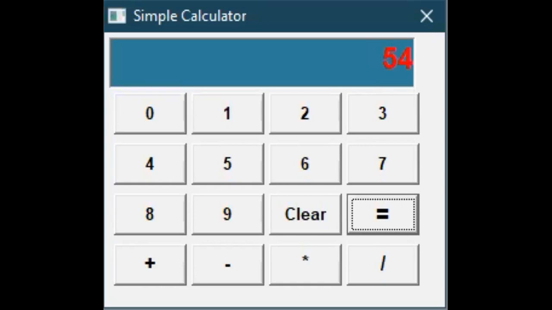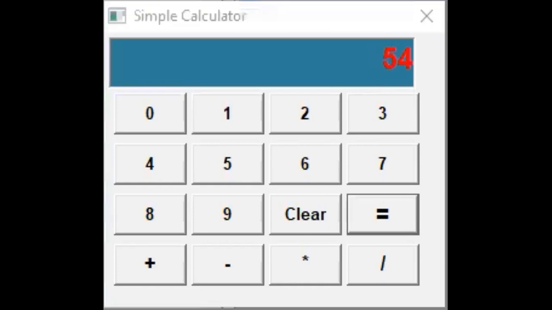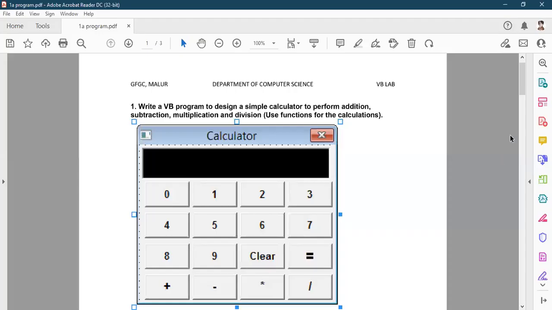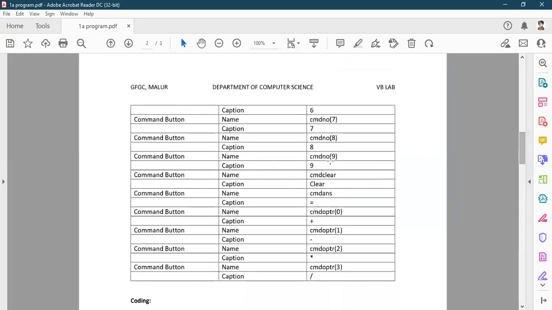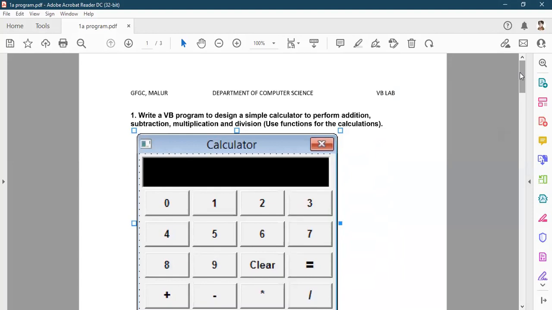Once again, I will show the lab manual for this. Whenever you are doing this lab manual, design the form and use the names given in this manual. Whatever terms we have used, preferably use these names, then only you will get the correct output. With this we end our session. Try this program. If there are any doubts or clarifications, we can discuss in our classroom or through our online mode. Thank you.